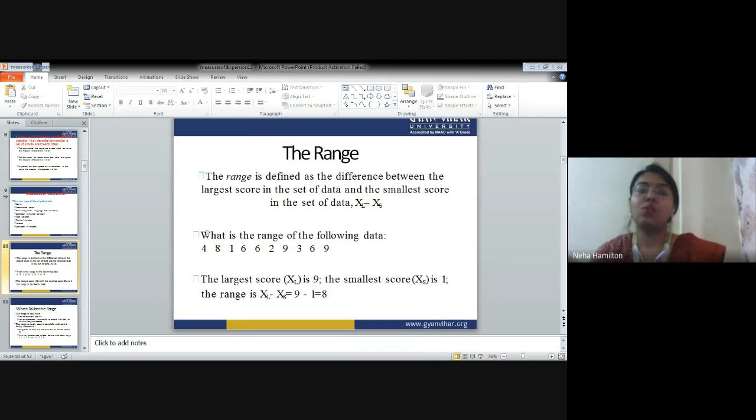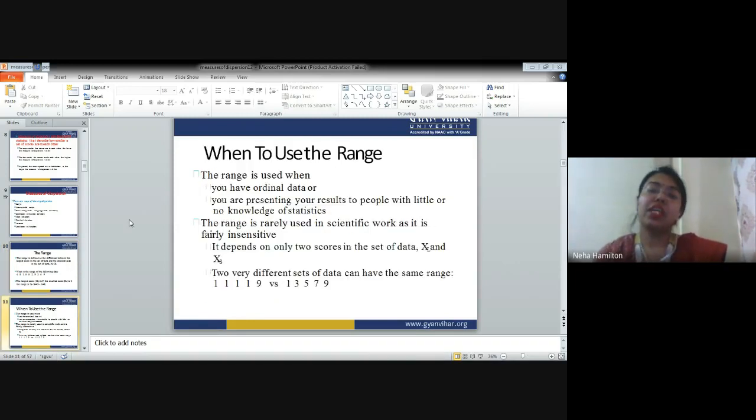Okay. So what is range? As I have explained, very simple. You just have to subtract the smallest value from the largest value. Because of this, the answer has to be in positive form, right? So it is very easy to understand what range is, but range gives you a limited view or a limited conclusion about your frequency distribution.